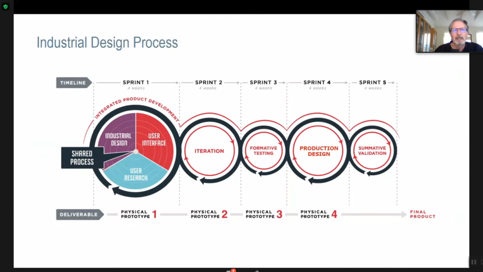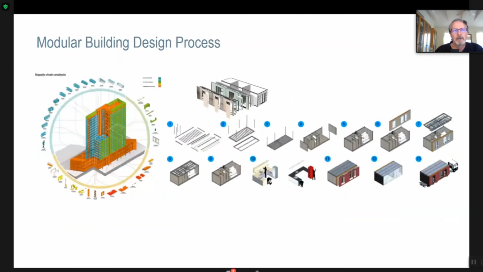Should we source some things? Should we do some things ourselves? How are we going to make this thing? And so you have a more mature prototype. Then you get into production design, which we never do in construction. We say, how will we leverage our factories, and how will we produce this, and in what volumes? And finally, we put all that together, and then we have a product. That's a very different process. And I think we need more industrial designers working with traditional construction people to rethink how we deliver off-site.